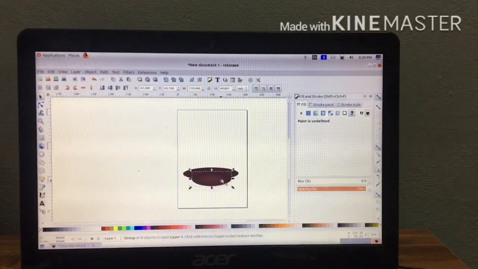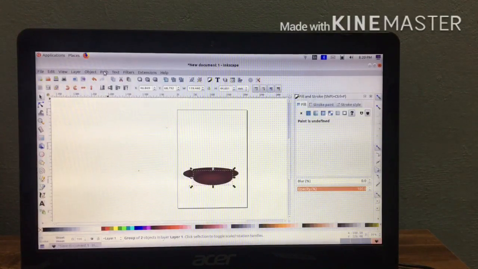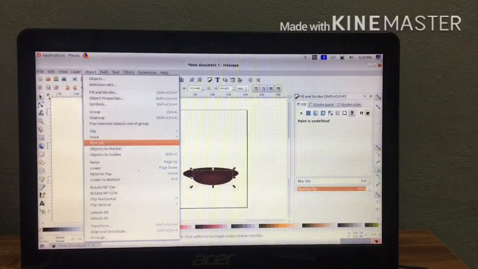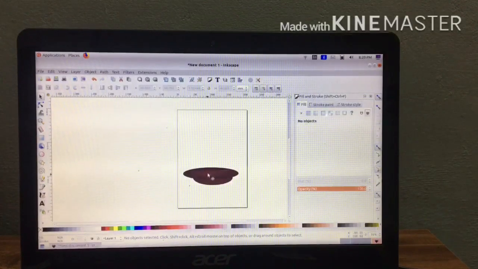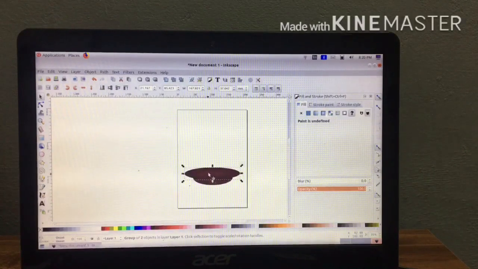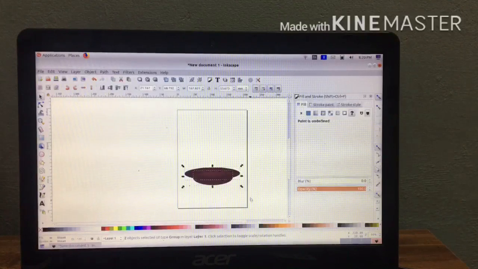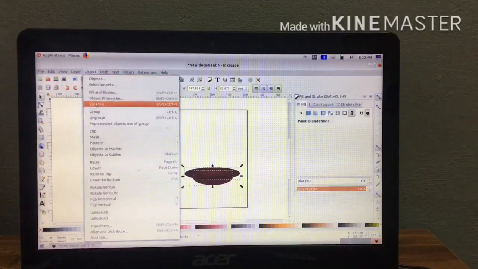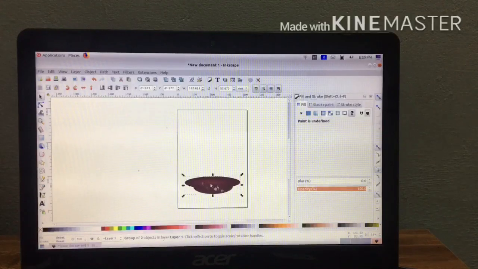Arrange it properly, select the second object and go to object, lower. Now you can see the second object is lower than the first. Okay, then group it, select both, then go to object, group. Okay, now our saucer is ready.